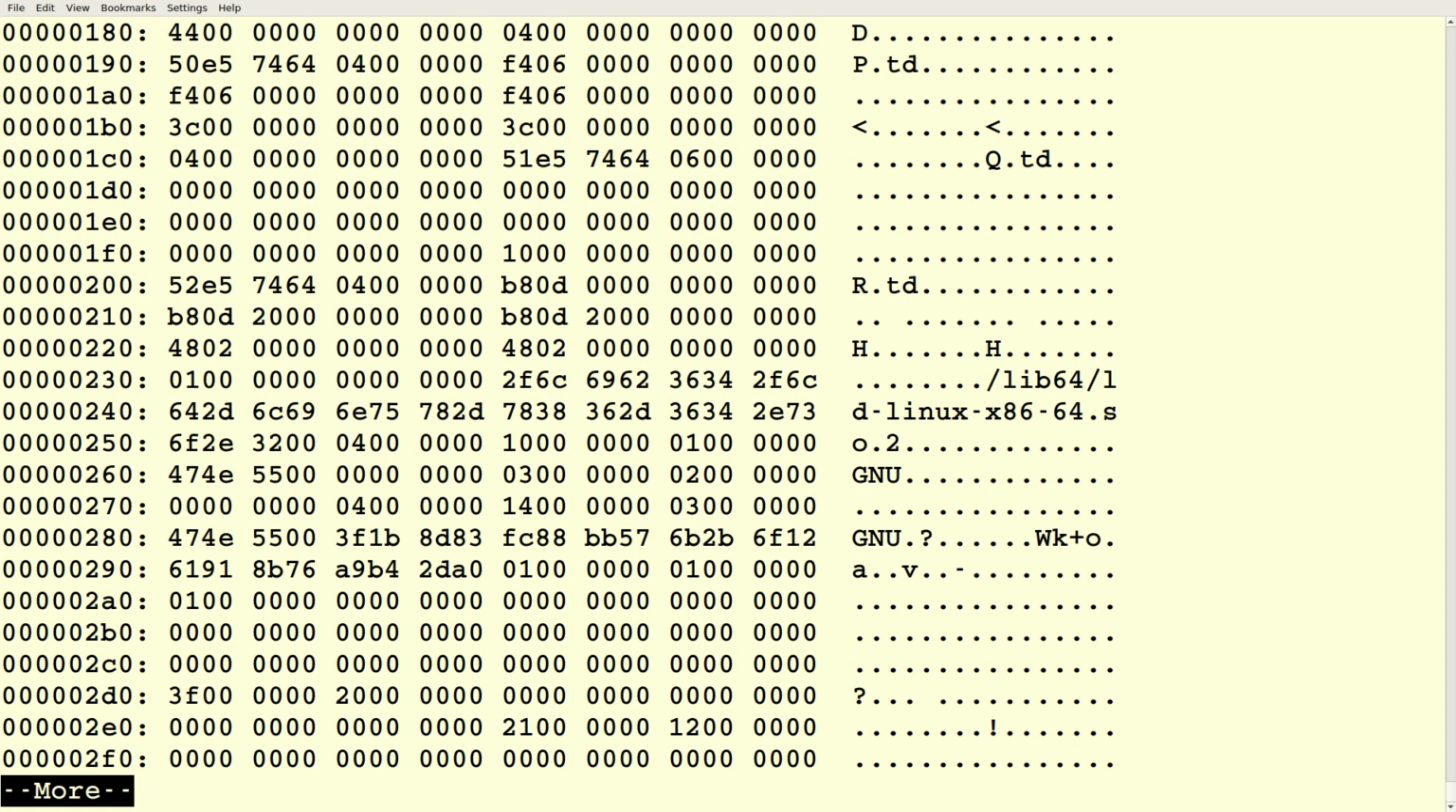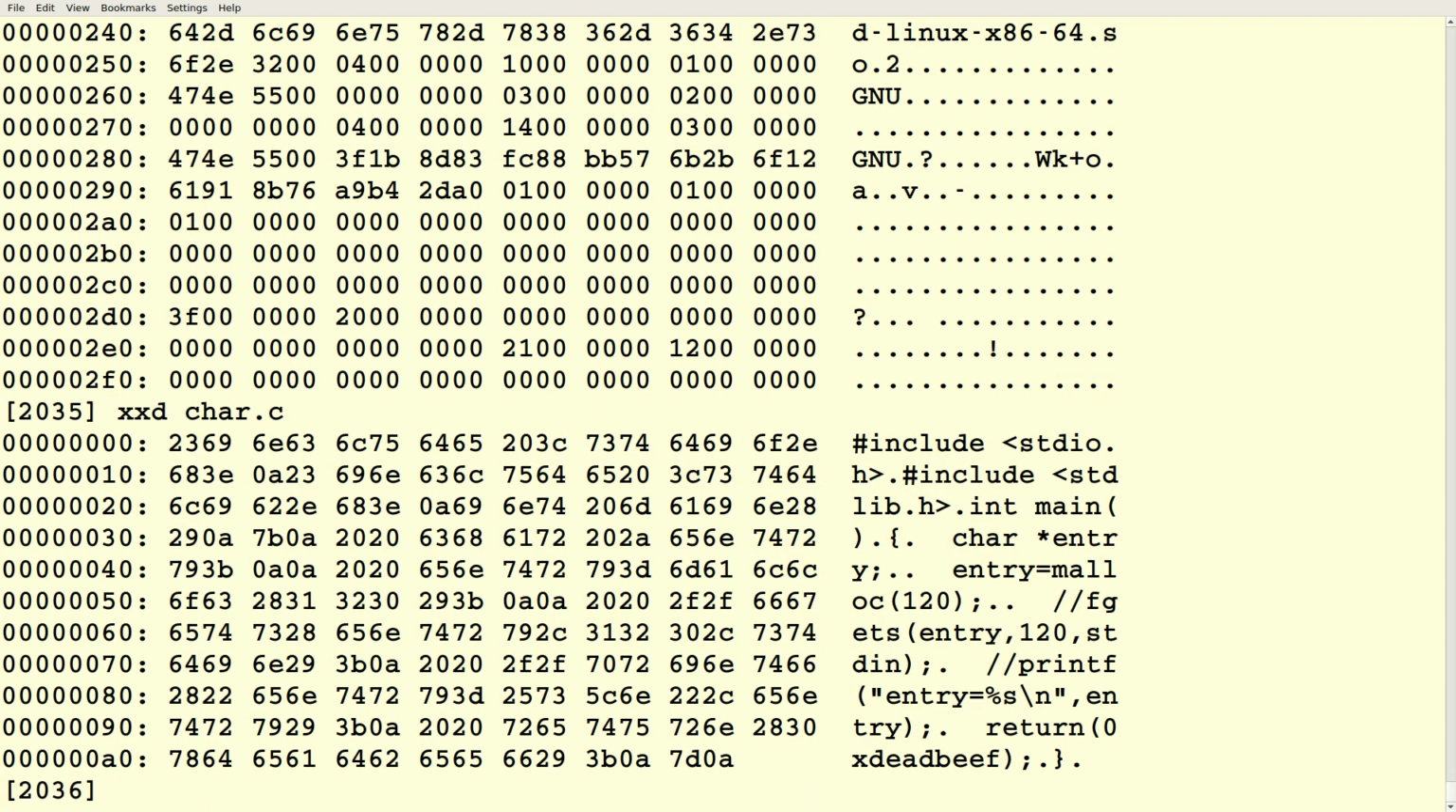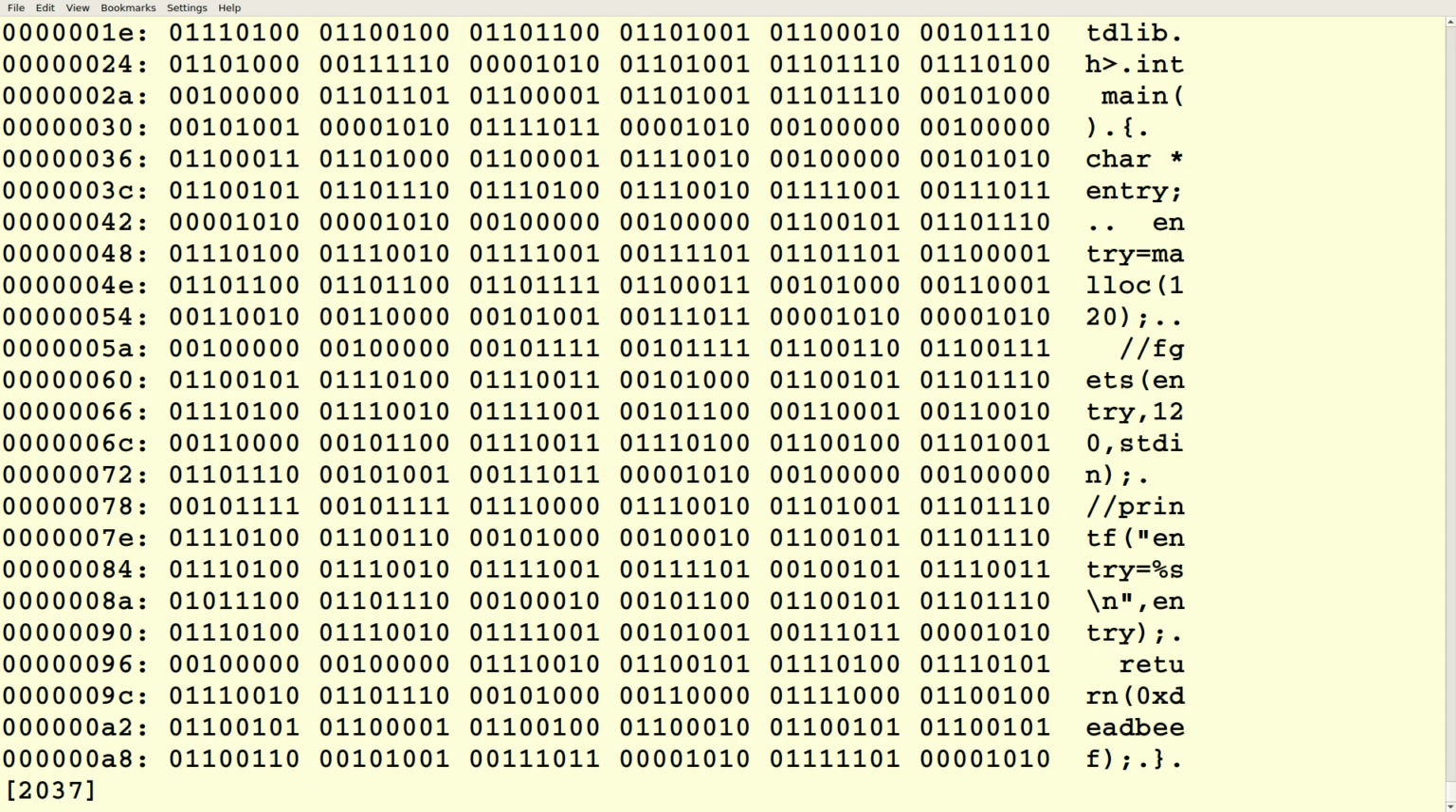So if you did XXD on a .c file, that's where you would see the actual strings that you type. So if I XXD car.c, right, there's the ASCII codes and there's the readable version. And you can use dash B to see it in binary, if you're into binary,